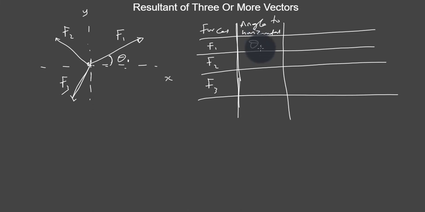For this other one, it will be theta 2 as follows. So this is theta 2. And for the third force, the angle will be theta 3 as follows. So what I want to do is to write everything out here, theta 2 and theta 3. So once you have figured out the angles of those three forces to the horizontal plane,